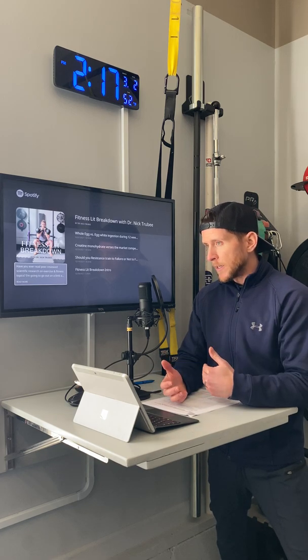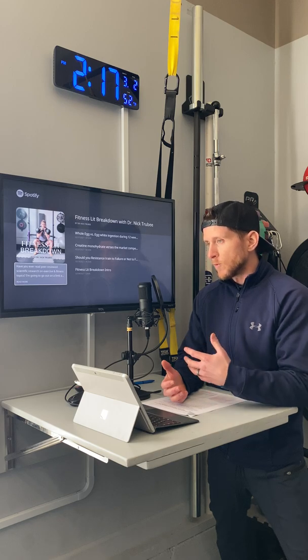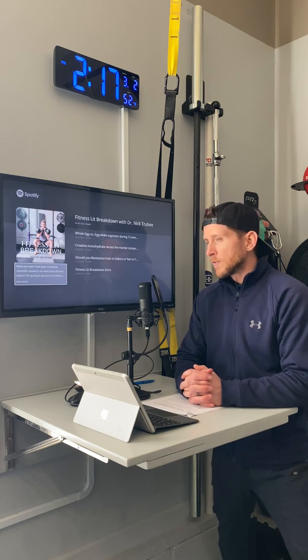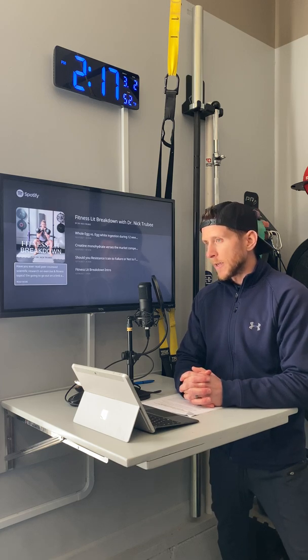measurements of your body, like height, weight, percent body fat, those types of things, and motor performance variables. So we looked at things like balance and speed and jumping ability, more power creating type